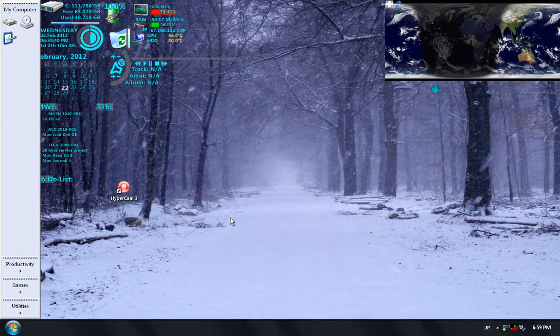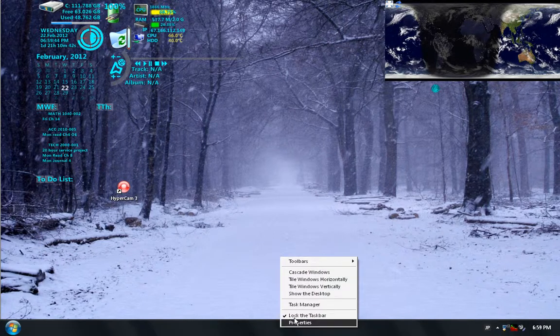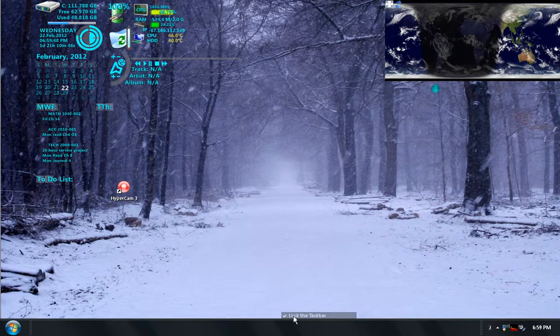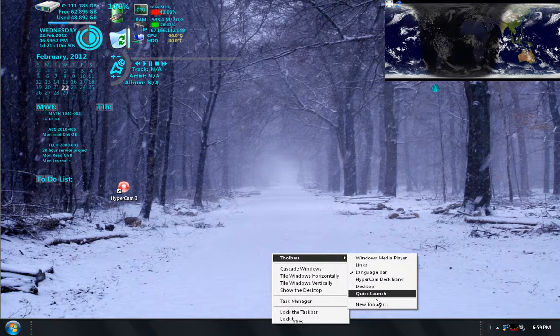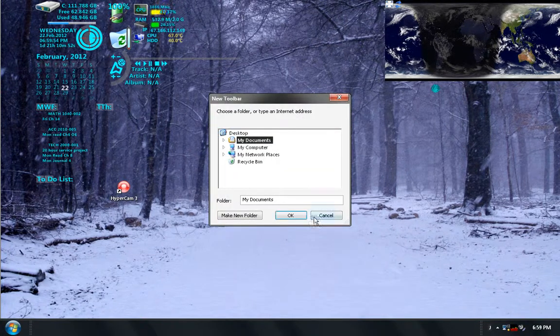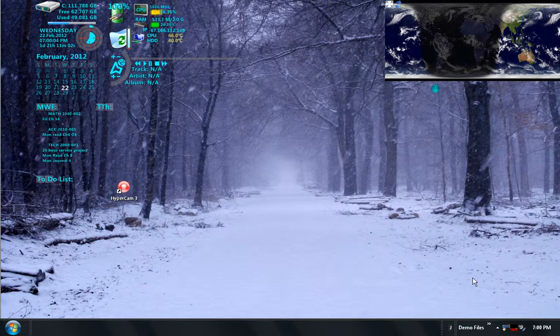So in order to make your own taskbar, you can right-click down here, and for now I'm just going to uncheck the lock the taskbar. We'll need this later. And I will go up to the toolbars and then go down to new toolbar. And in addition to being able to put programs here, you can also specify folders. So if I go to the service project and choose the folder for the demo files, the ones that I've been using to demonstrate the various things,